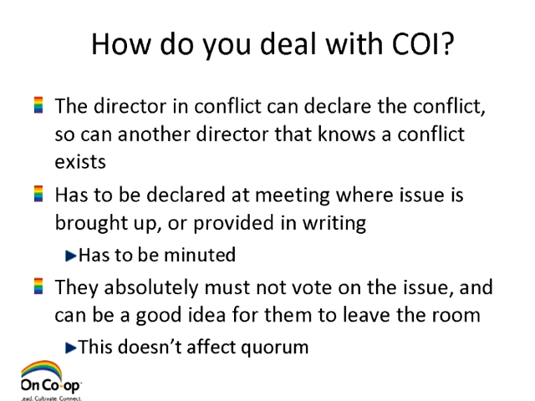So, if as directors you get an agenda in advance of the meeting and you get the material ahead of time that indicates that you're going to be in a conflict, you should indicate that in writing before the meeting, or make sure that you bring it up at the meeting. And it needs to go in the minutes when conflict of interest is declared. And the critical part is if you declare as a director that you're in conflict of interest, you absolutely cannot vote on the issue. And although it's not required by the legislation, best practice and certainly prudence would indicate that person should leave the room or not be involved in the discussion,